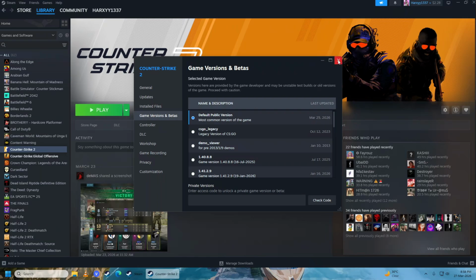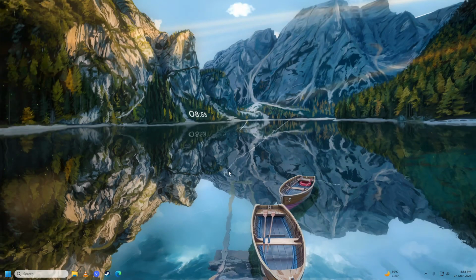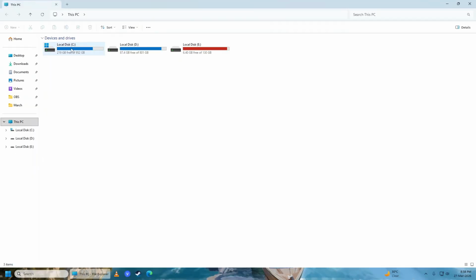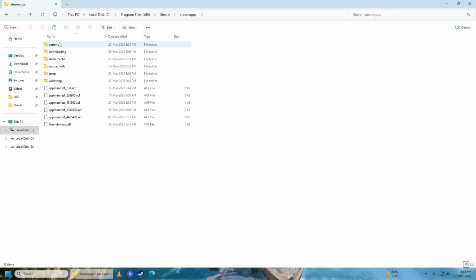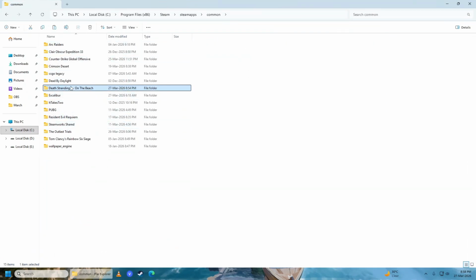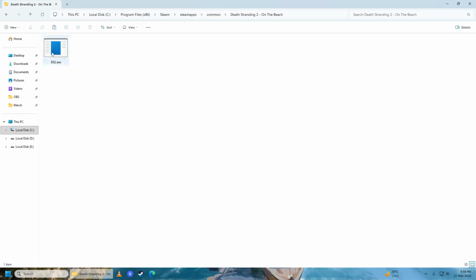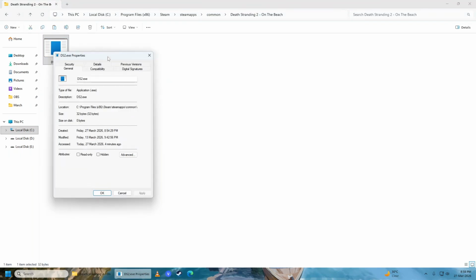After that, you're going to go to your games folder. So the default location should be in your C drive, Program Files (x86), Steam, and then steamapps, common, and then Death Stranding 2. You're going to right click on the Death Stranding 2 exe, click on properties,